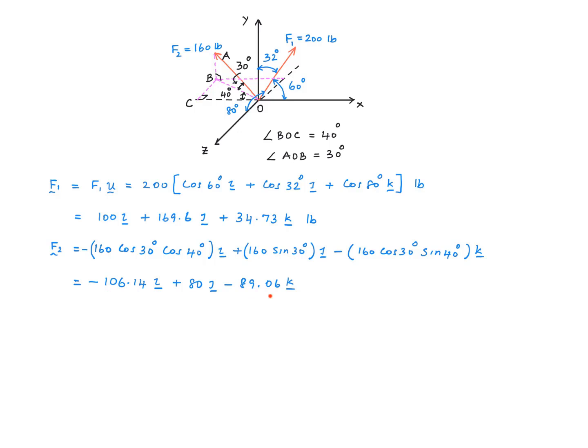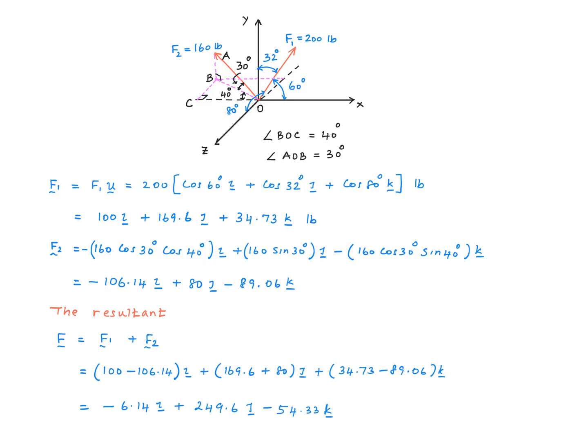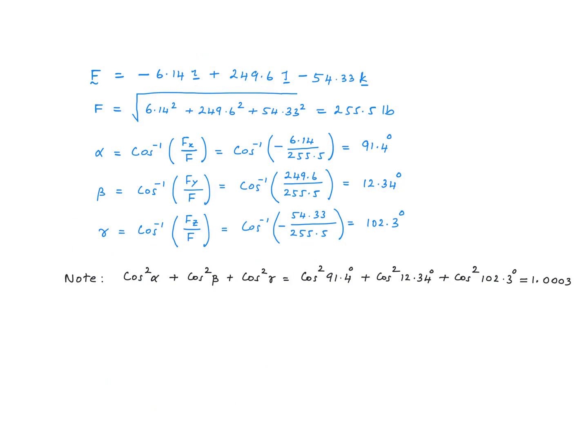Simplifying it, we get this. Here is the resultant of the two forces. The magnitude of the resultant is obtained by this equation. So we get a value of 255.5 pounds for that. The direction angles are given by these equations. So we get 91.4 degrees for alpha, 12.34 degrees for beta, 102.3 degrees for gamma. So these are the angles that the resultant F makes with the x, y, and z